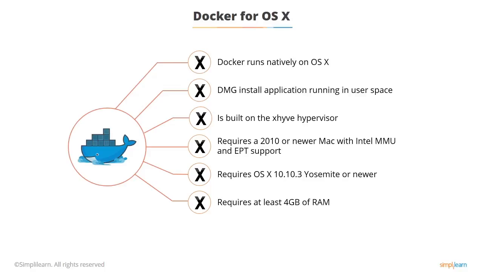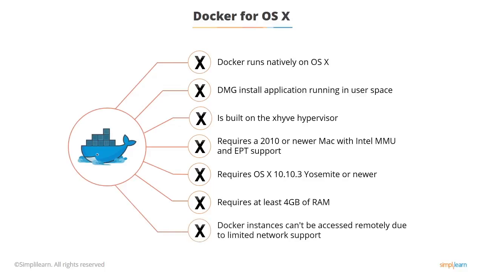So when you install Docker on OS X, which is what I'm actually running it on, you can't do proper networking because Docker is not capable of creating the right network device to communicate externally. It's not the end of the world. You can still use Docker on OS X, but you can't do certain things where you've got containers spread over multiple hosts. There's also a version for Windows.